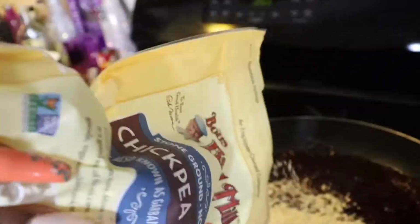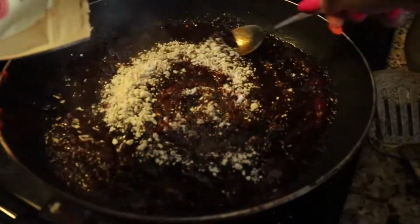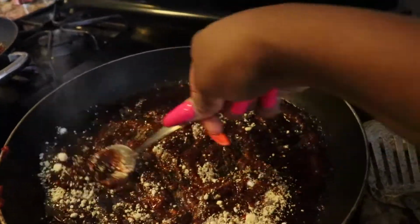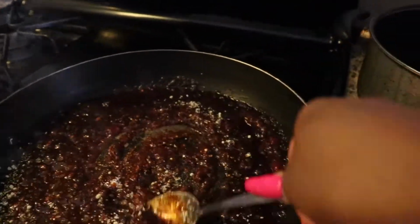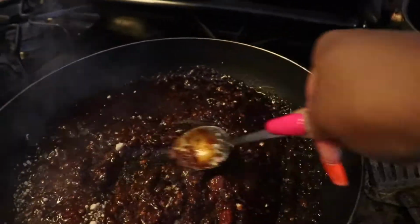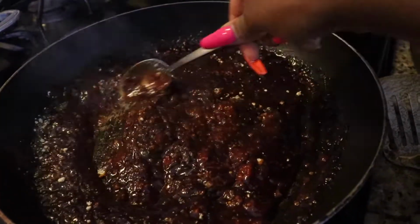This is a little vegan. And this is chickpea flour. I'm just gonna mix that in until we get the consistency that we would like. Super thick consistency, because then we're gonna pour our vegetable broth on it. And then we'll do the rest. And we let it simmer